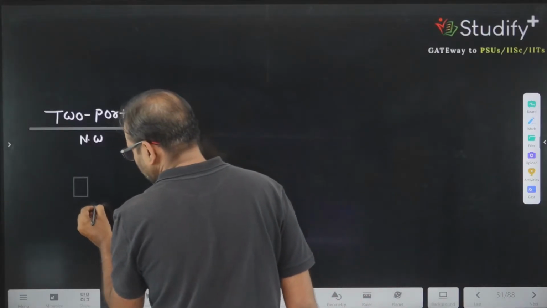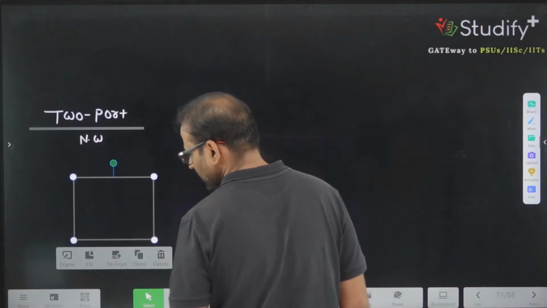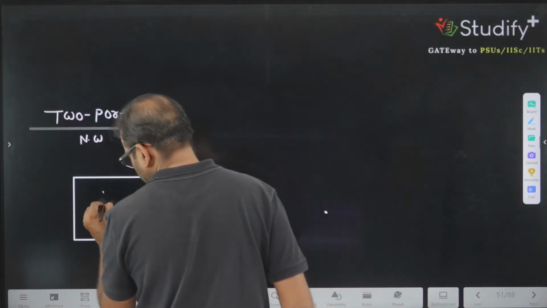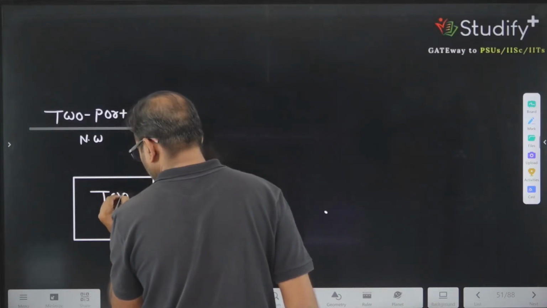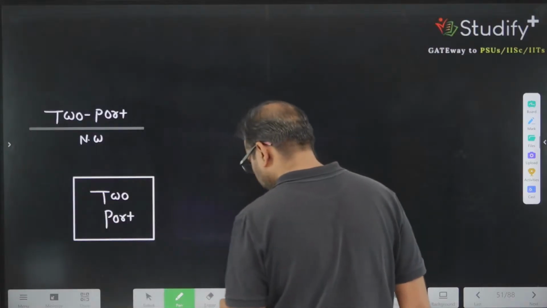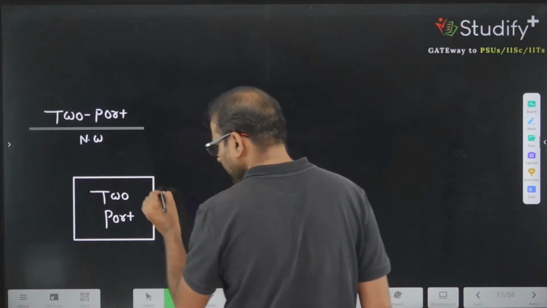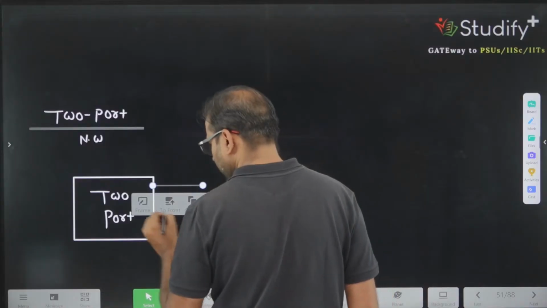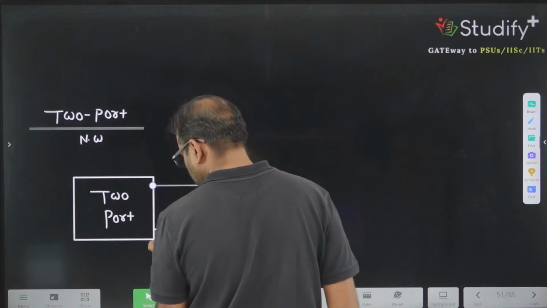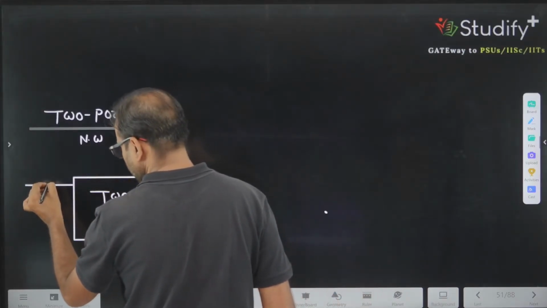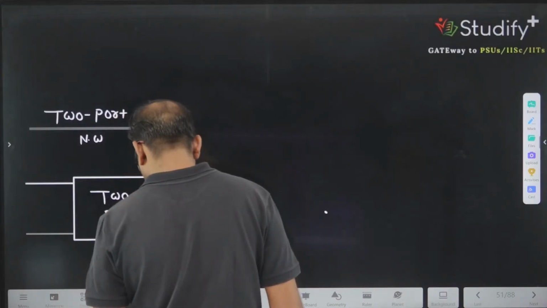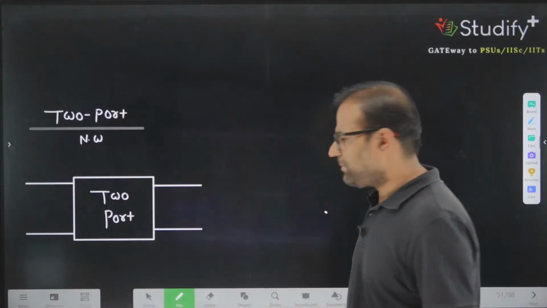So first I am taking this. This is our two-port network. And we are trying to define the two-port network with the help of what? With the help of H parameter model. One, 2, 3 and 4. What we are having here, as usual, we will define